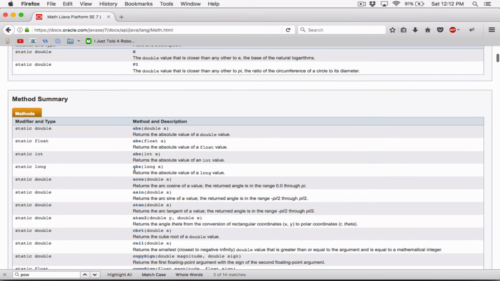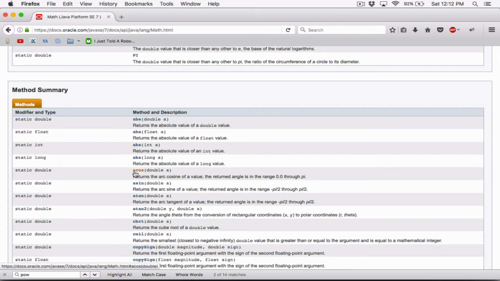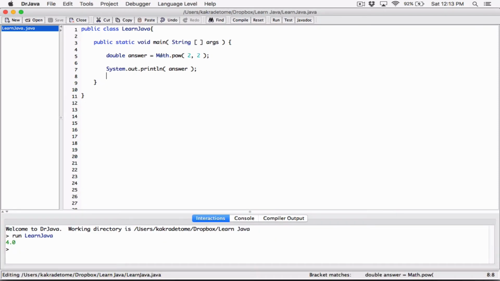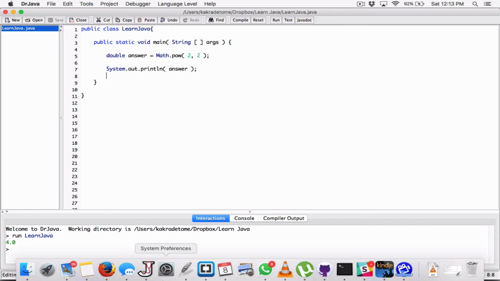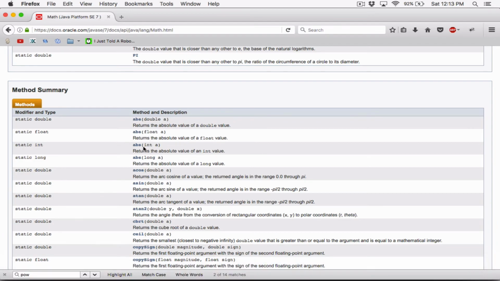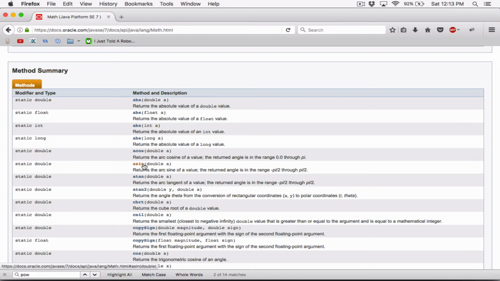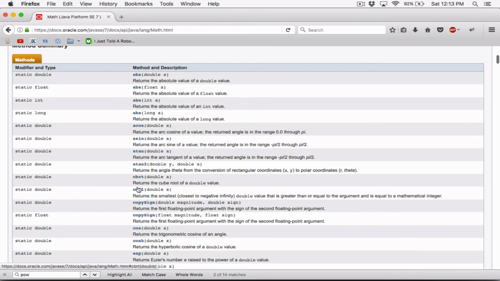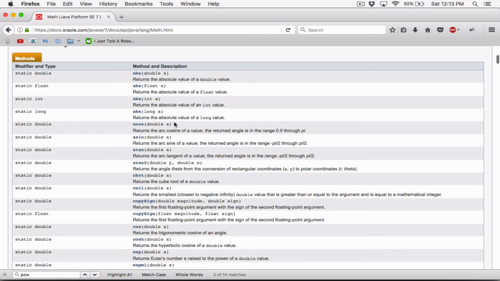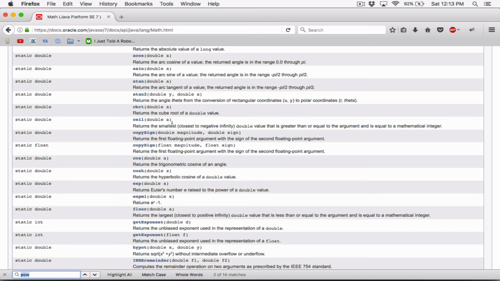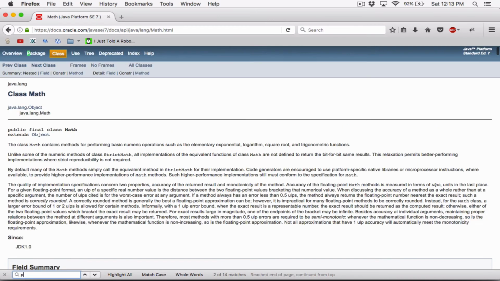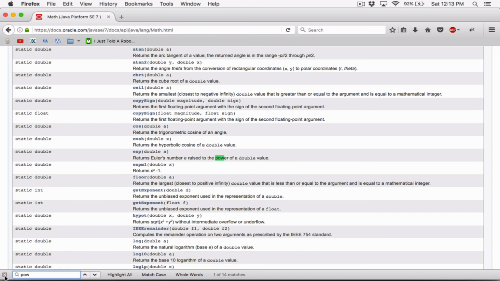It lists all these methods, and before you use these methods, you refer to the name of the class like this, the Math dot. Dot is accessing the methods in the class, and you provide the name of the method. And when those methods are called, the series of lines of code in the method, as it was defined, is executed. And so this has a description over here. So you can say Math.abs, which basically returns the absolute value of a double value, and a whole bunch of them. I'm going to use Command F or Control F to find pow,